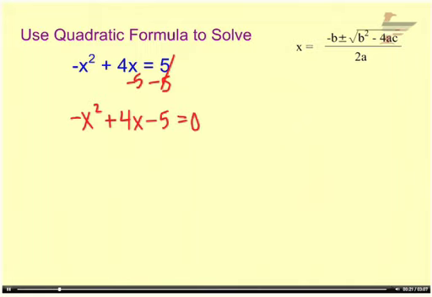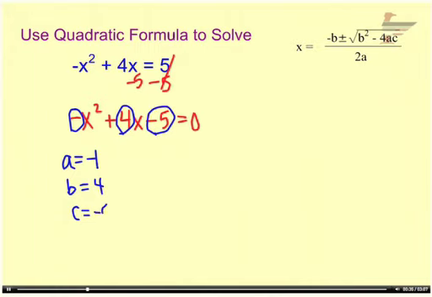If we identify our a, b, and c values, that's what we're going to plug into that big equation over there. So here our a value is negative 1 from right there. Our b is 4, and our c is this negative 5. So when we look at our quadratic formula, it's going to give us